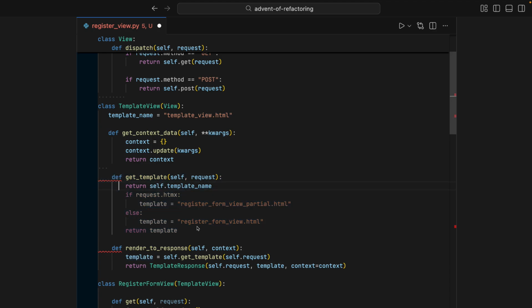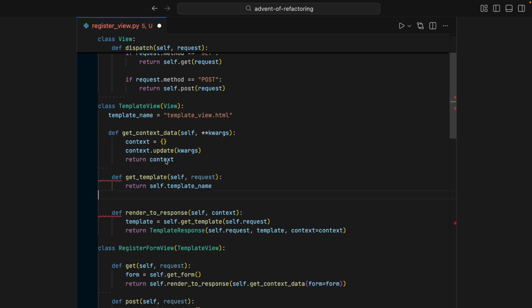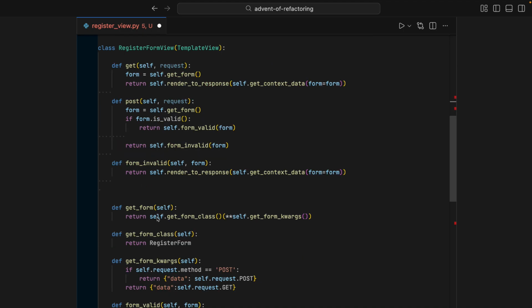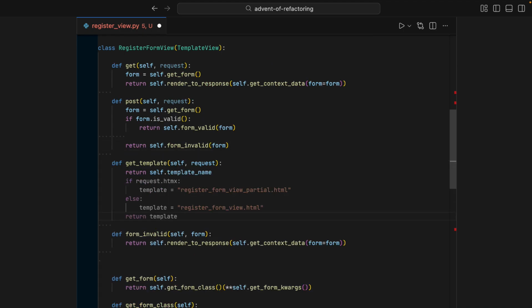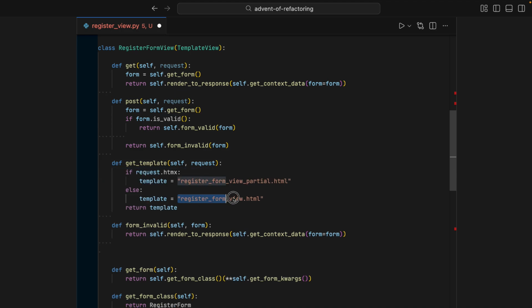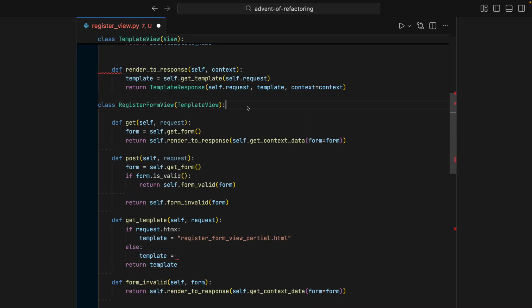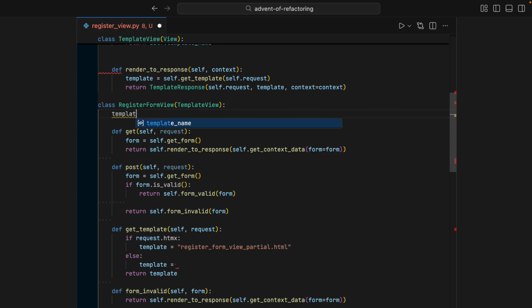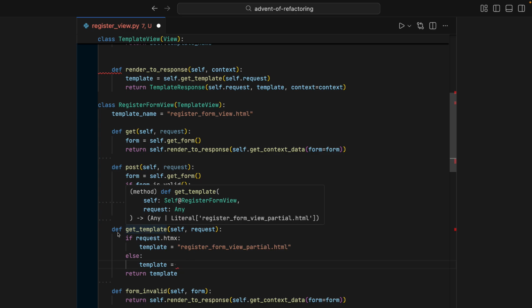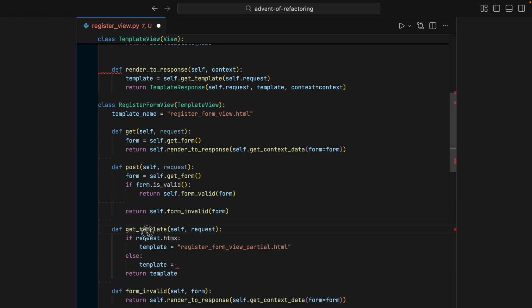We'll copy that, delete this version, just leave the generic version in the template view, and come back down here to our own version that we've got and paste this back in. Let's move this piece here out to the top. We'll say template name equals, that's our basic template. And then for our version, just for this register form view, we could say if it's that, return that. Otherwise,